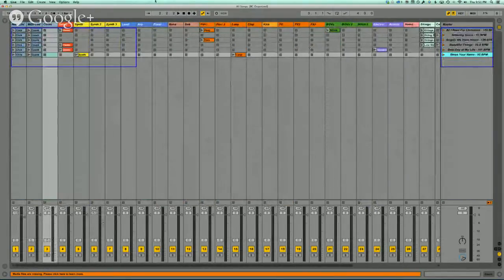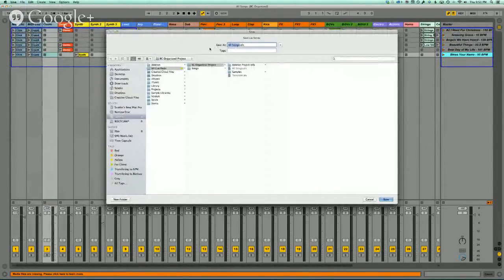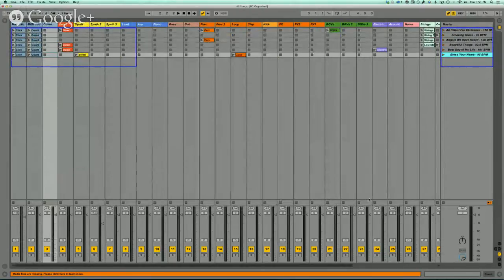There's our set. We can go File, Save As, and now name it Buckhead Church 8/17/2014. Okay. Now a lot of guys, say in the churches that I play with, sometimes a keyboard player will